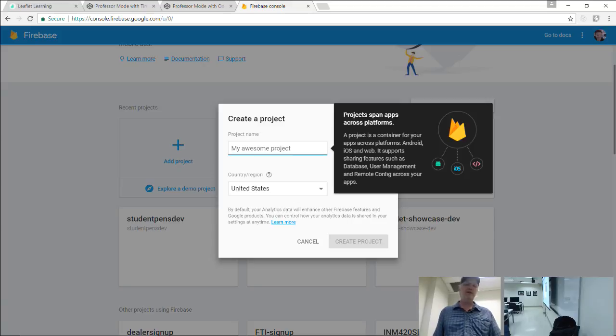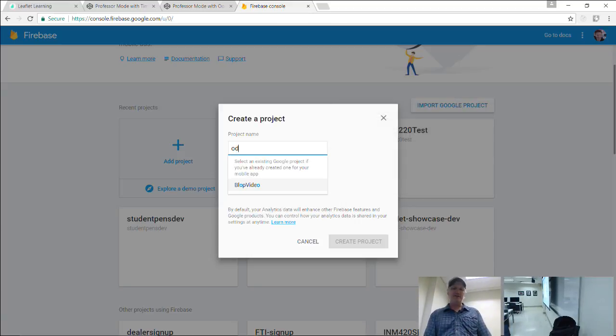You should make it some kind of unique name for yourself, because this is going to be a unique ID for it. The convention is to use like your website for it. I usually stick the word oddly in there somewhere, just to distinguish it from other people's Firebase applications. So maybe I'll call it oddly invoice.